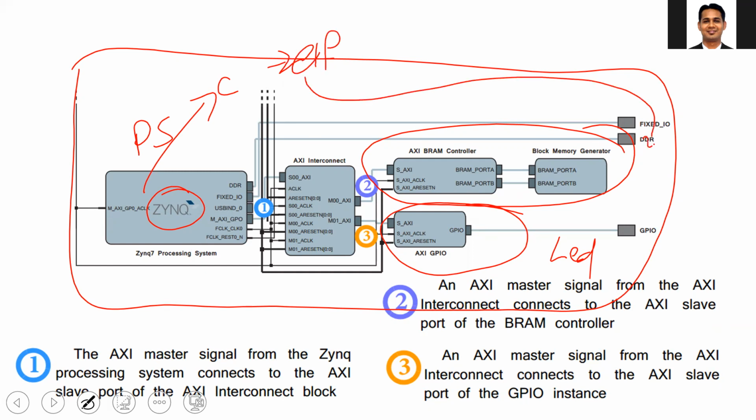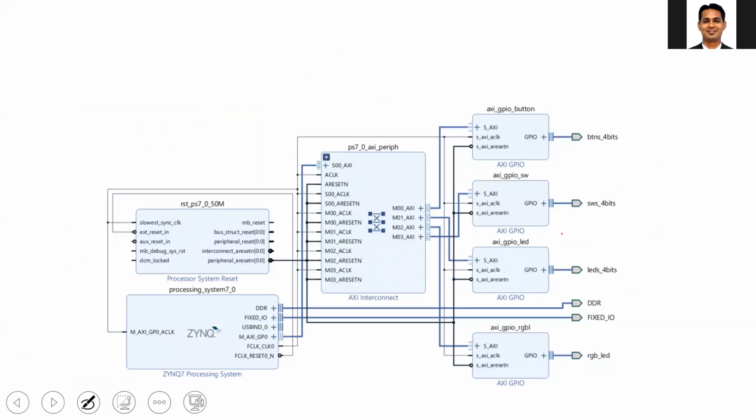These are stored in this off-chip DDR memory, and when you run your code on the board, your ARM processor will read the instruction from the DDR memory, execute the instruction, and based upon the instruction, it will generate the appropriate signals. For example, if you want to read the data from this memory, you will generate the appropriate AXI transaction to read the data inside the processor, and you can display the data on the LEDs using another AXI write transaction. So similarly, you can build different types of block diagrams.